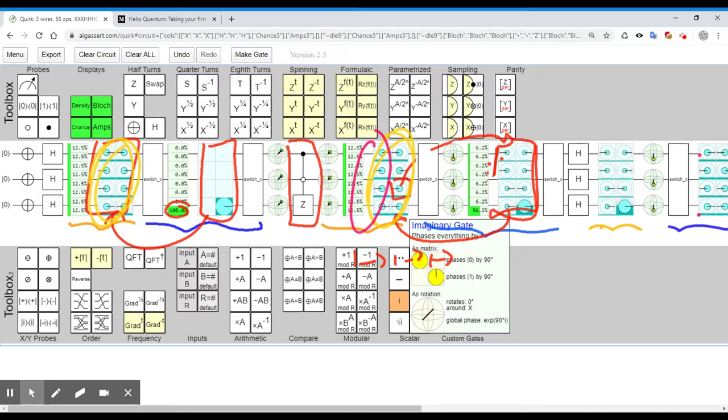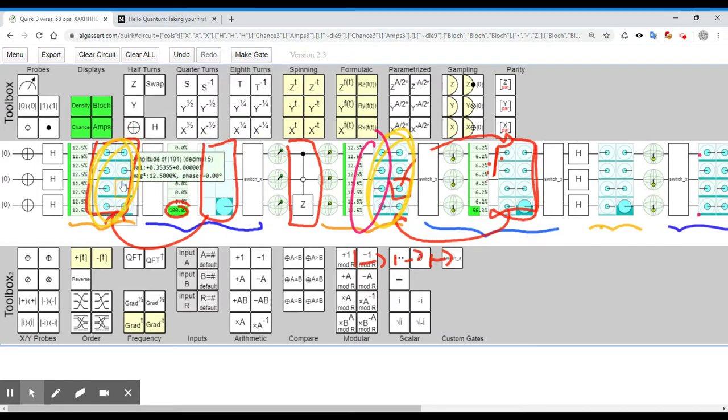Sorry, no. You did that here. That's where you applied it. Sorry, this is the one that has elements of a superposition, and I think the elements of this superposition,